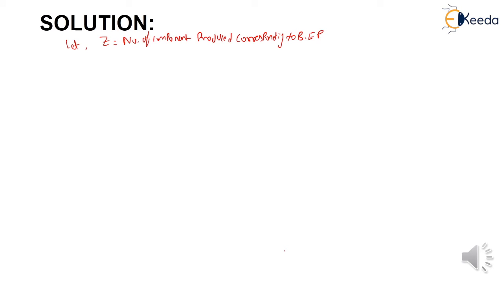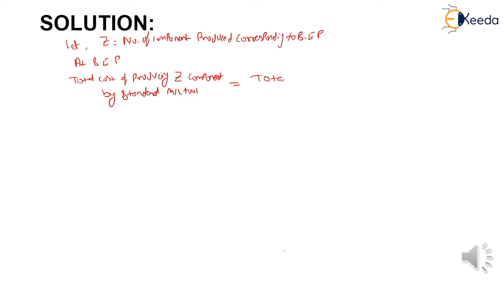Okay students, here at the break-even point, the total cost of producing Z components by a standard machine tool is equal to the total cost